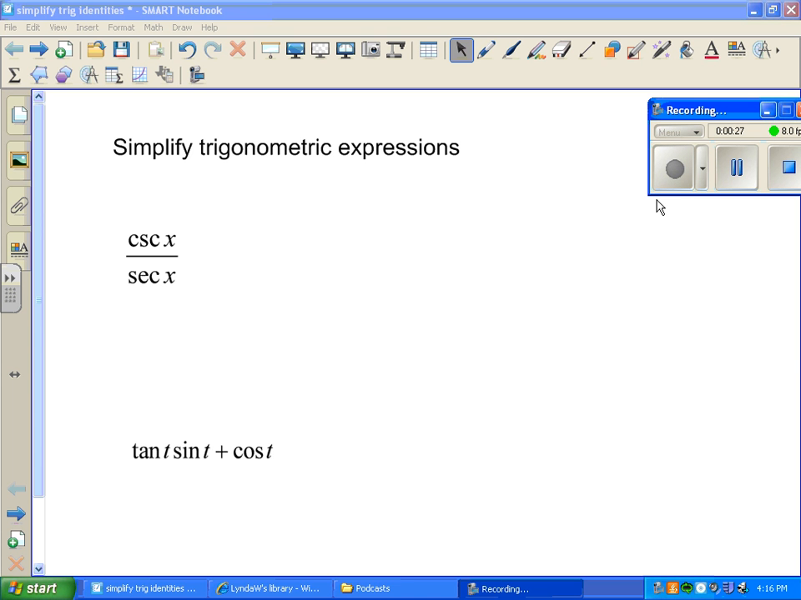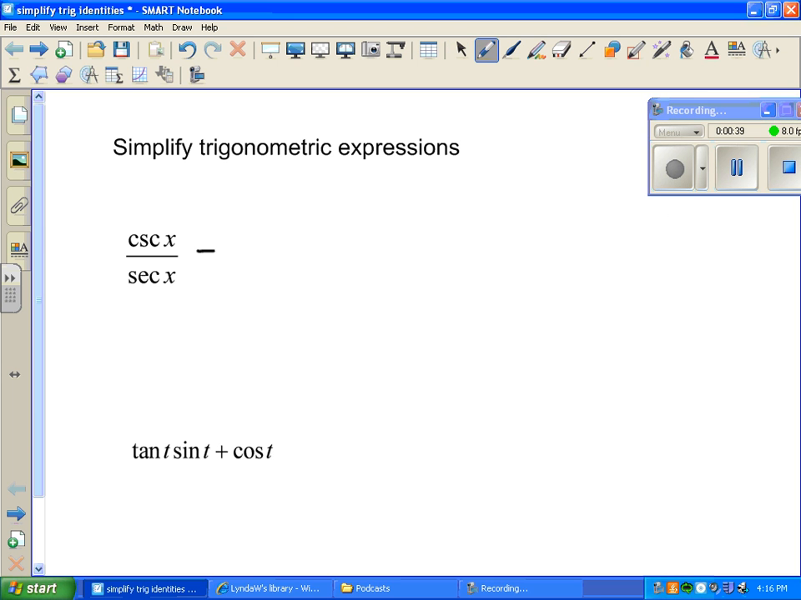So in the first example, if I had the cosecant of x divided by the secant of x, one thought here, and this is sort of the beginning, is to try to rewrite the problem in terms of sine and cosine. So if you remember that the cosecant is the reciprocal of sine, we could rewrite this as 1 divided by the sine of x over 1 divided by the cosine of x. Now what I've created is a complex fraction, and I'm just going to use simple algebra and multiply by the reciprocal,